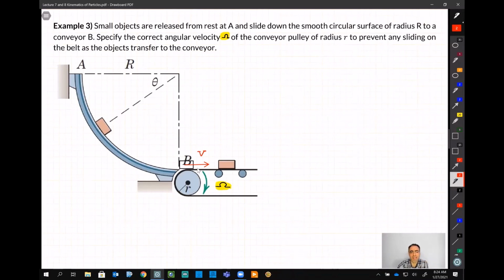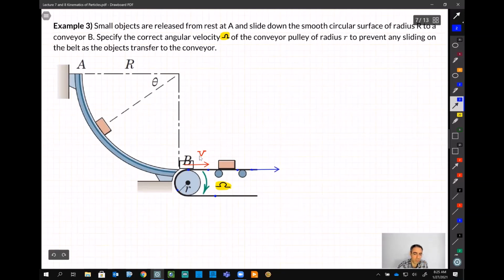So what will happen if this V, okay, that's one thing that we know. Keep it for now. And what else? So we know this conveyor is rotating, and any point on this conveyor has a speed, all right? Like this point has a speed, this point has a speed, any point has a speed. And we know how to calculate this speed. We do, right? So we know that, for example, this belt, as it's moving,